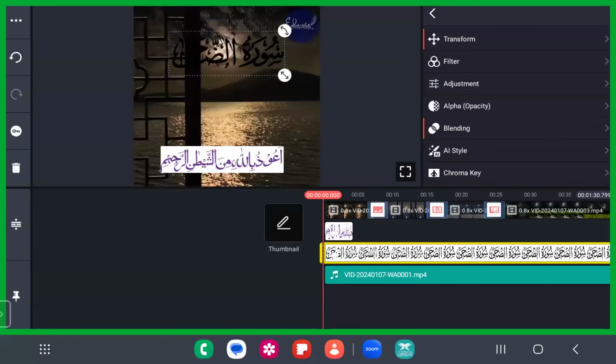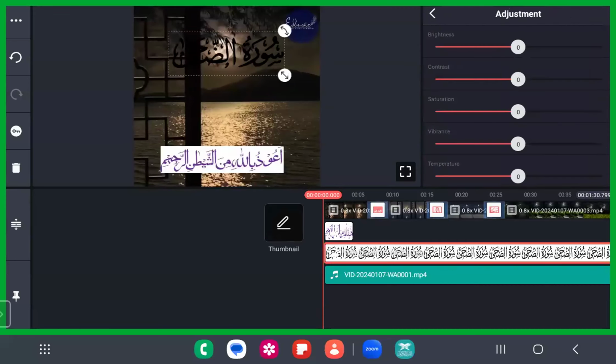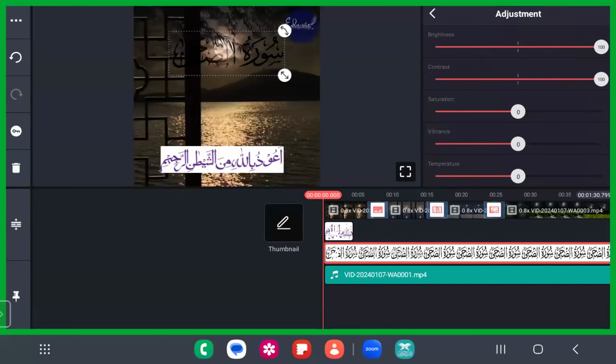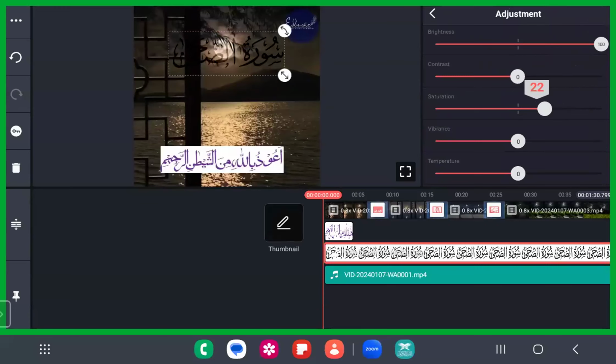Previously, I just told you there's something called adjustments. In the adjustment, increase the brightness of this. You can just check how we can increase the background, or you can invert this. Let's see if it is inverted by the grayscale or something like that. Try it out. You have to give it a try every time. It won't be available as such. You have to try it out.